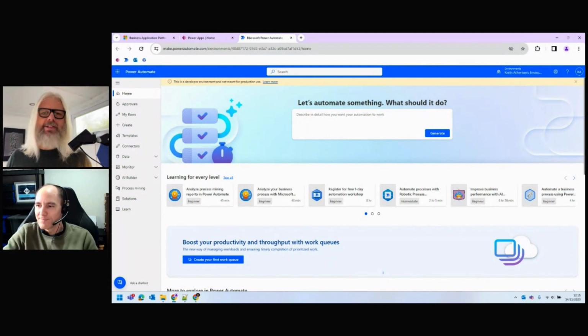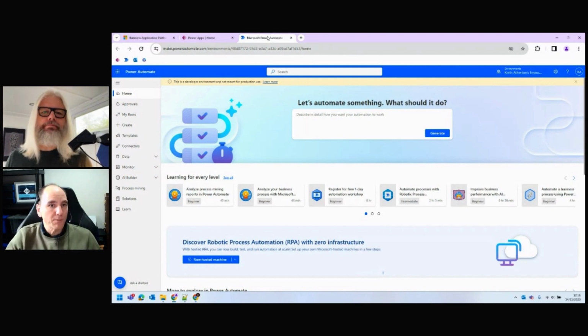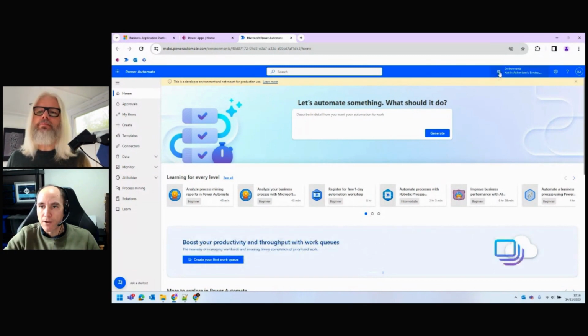Oh, amazing. So what we're looking at here, is this the Power Automate Admin Center, or is this a user experience we're seeing here? Yeah, this is like the maker experience, if you will. So I've gone in, I've logged in right here. I've got my own environments, which PowerApps is the same concept of these different environments.